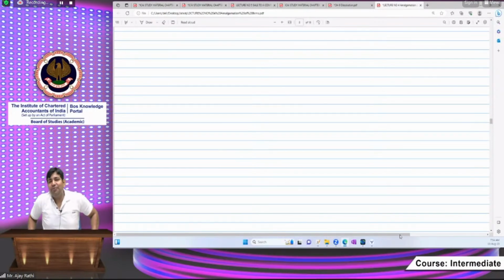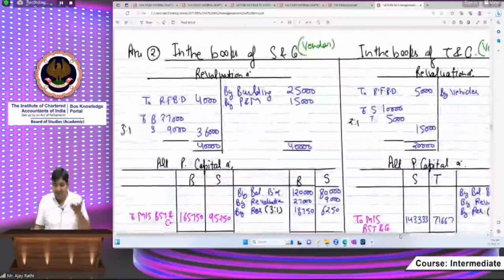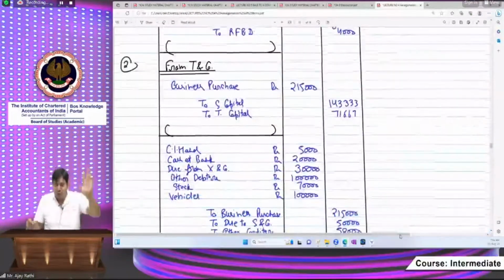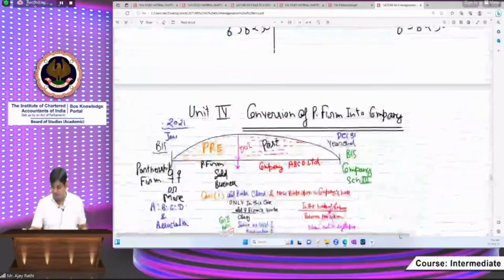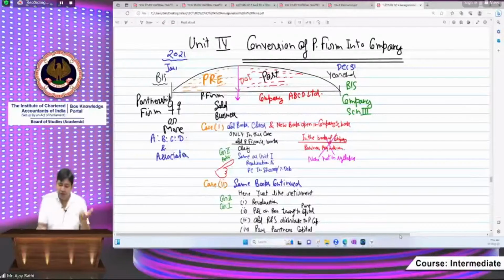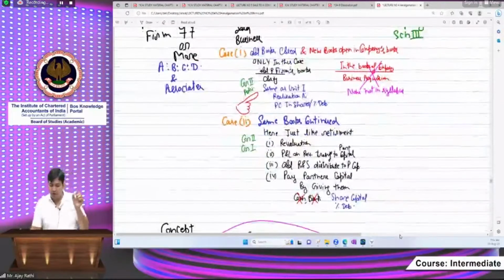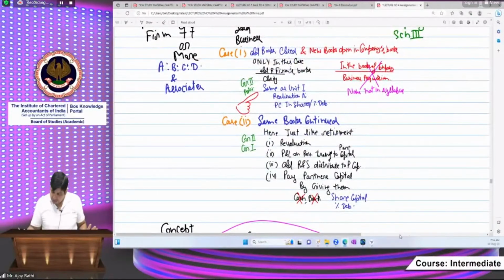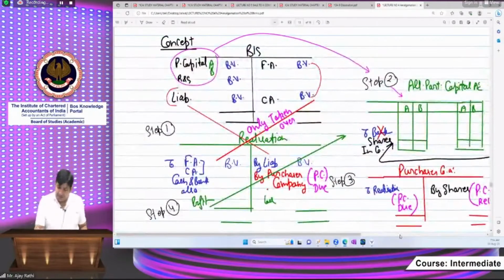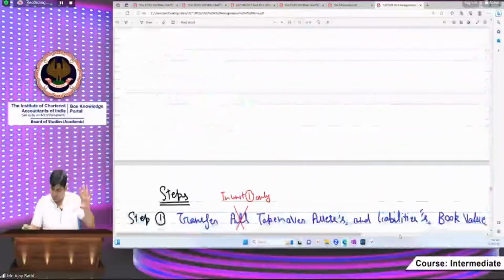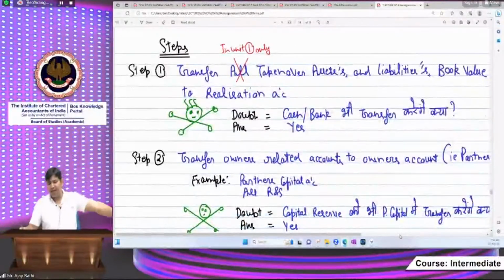So another point is also there. It is easier as compared to all the units which you have covered already. How, you ask? Because you have to follow some steps and you will enjoy the chapter. Only the steps are to be followed. See, I have given you some basic concepts in the last class, so without wasting your time, I am directly moving to the steps. Step number first,